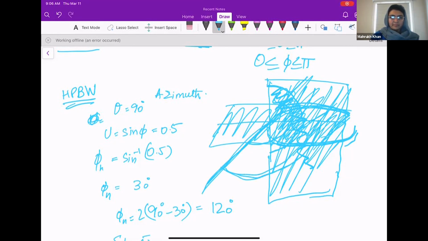Right? Got it? I myself get confused about azimuth and elevation, but I feel that this is right, that azimuth is the horizontal cut and elevation is the vertical cut. Okay. So 2.25, I was saying,